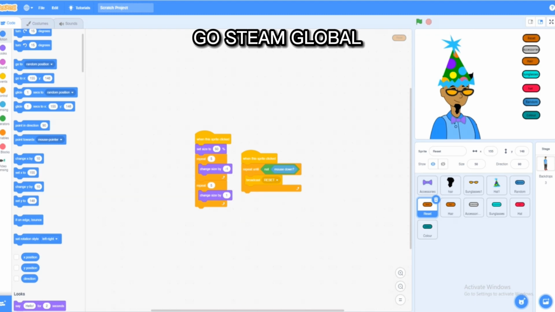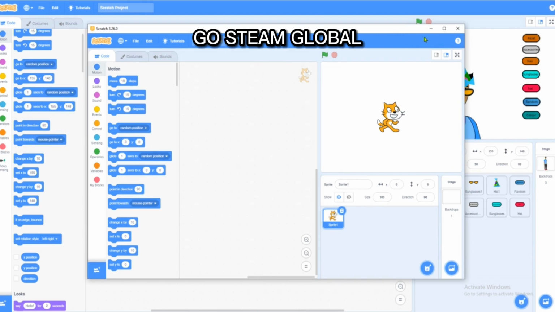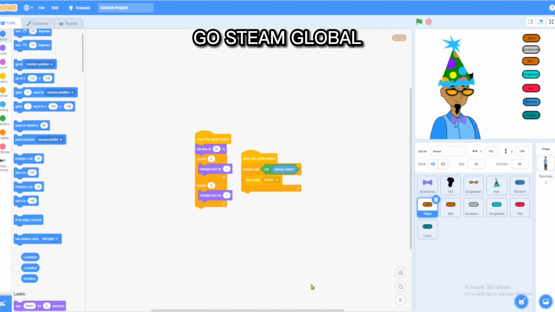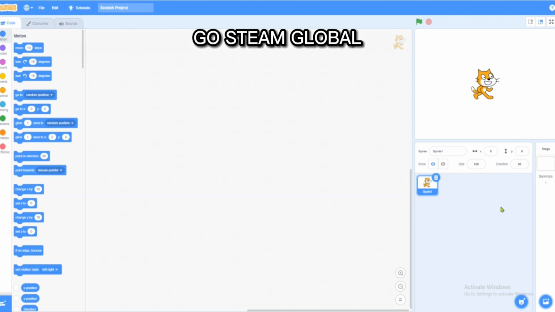Okay, so I'm going to quickly create something just now with this other sprite. Now, how did I get this? You observe that this particular picture is not around here. It's not among the sprites here. It's on the backdrop. How did I make it go to the backdrop? Come with me. What to do is for you to go over to your sprite and pick